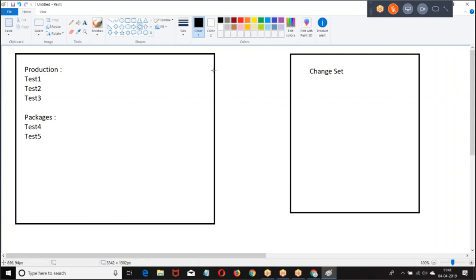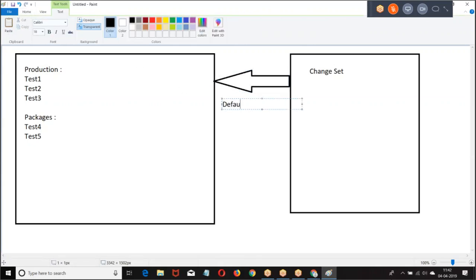Then when I validate and select default, what is the option you have selected? Default. If the change set doesn't contain any test classes, when I choose default, no test classes will execute, directly the components will be deployed.